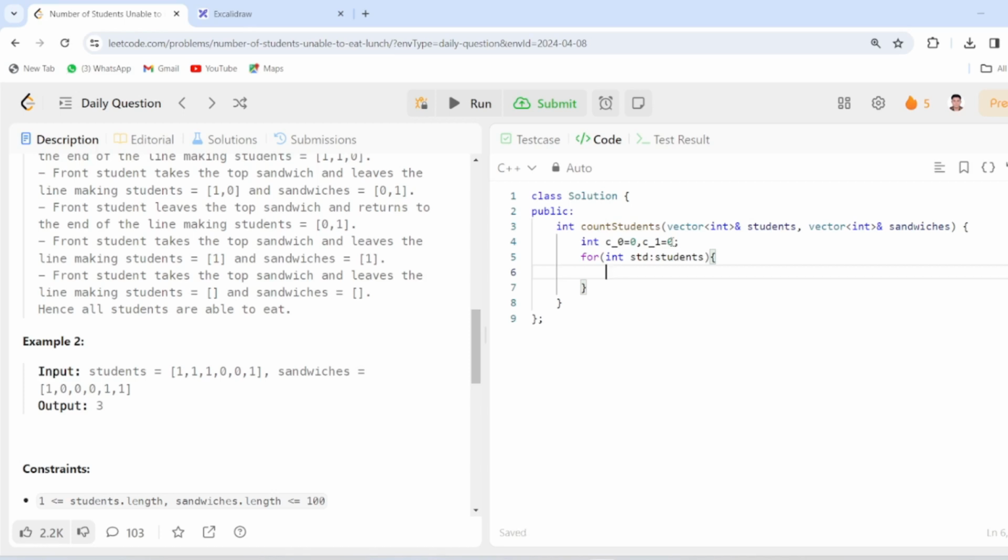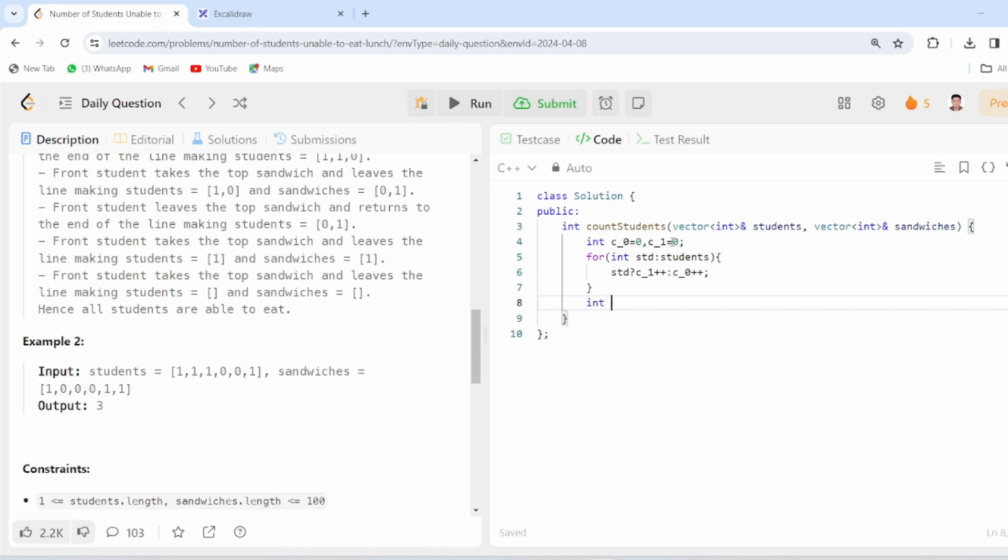If the student is 1 then we will increment the count of 1, else we will increment the count of 0. So this loop ends. Now we will take the whole length of the sandwiches array, meaning the total number of sandwiches we have.